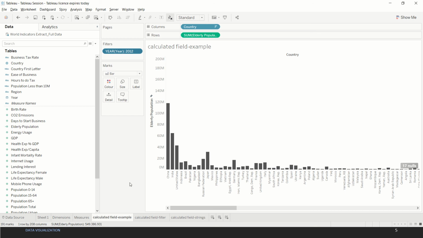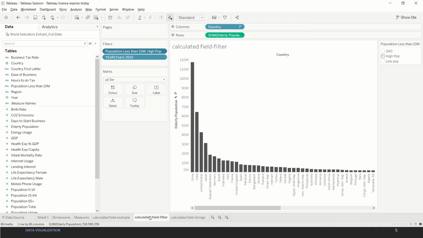Now let's see how we can use a calculated field to create a filter. Again we have used the elderly population calculated field over here the way we did in the previous sheet. The only thing is there is a new field which has been added over here.